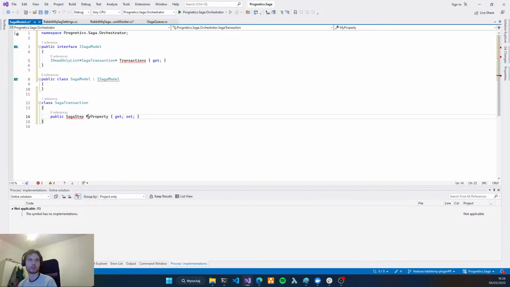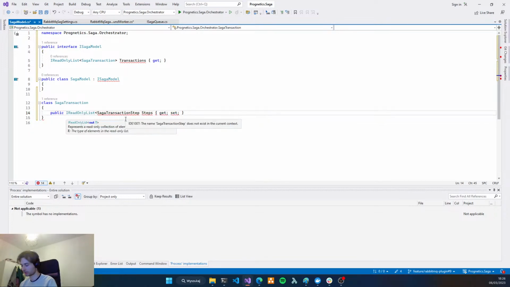Never mind. So our transaction has SAGA transaction steps, and this has a list of those steps.